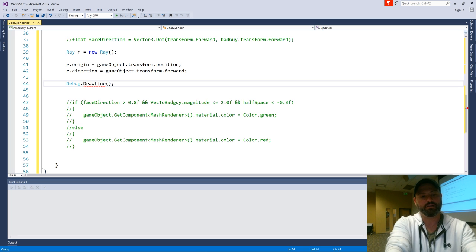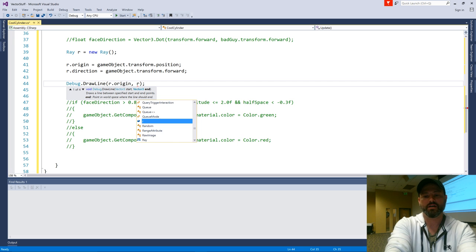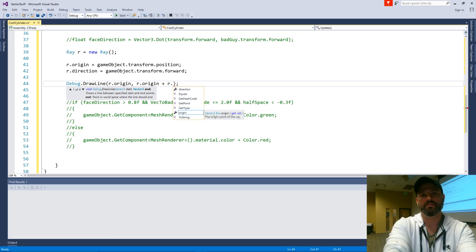And this takes a Vector3 start, which is r.origin. And the end of this line I want is r.origin plus r.direction